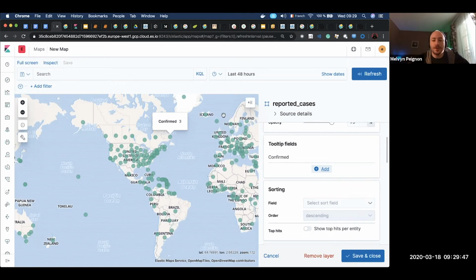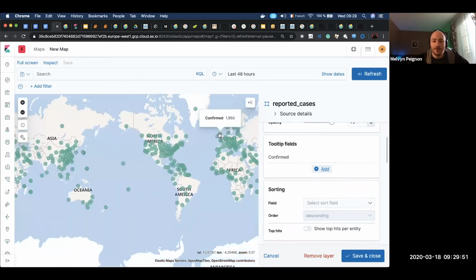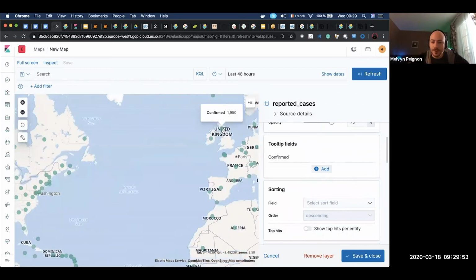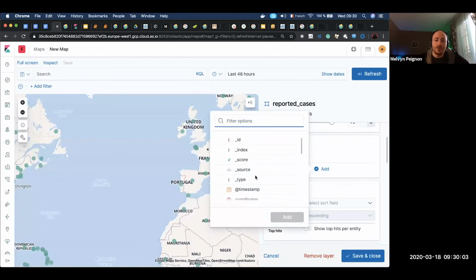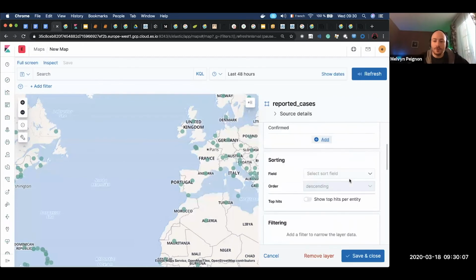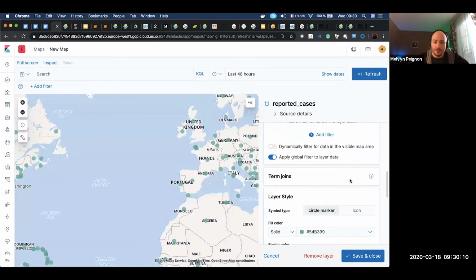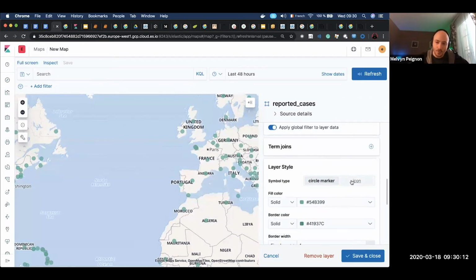confirmed cases. And for example, for the United States, this specific dot here, or this one, I have 223 reported cases. So you can actually use this specific field to enrich, to add information to your tooltip. There are as well other things that you can do. You can eventually change what the